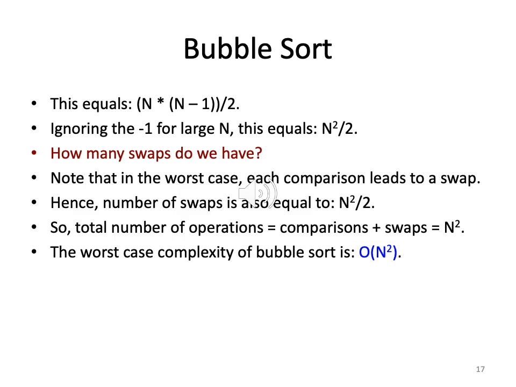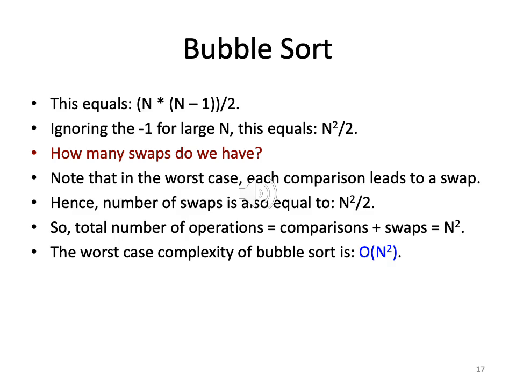Now note that the other operation was swap, because after a comparison, if you determine that the two compared elements are out of sequence, you've got to swap them. So now how many swaps do we have? Well, in the worst case, each and every comparison would lead to a swap. In the example that we considered here, this is not the worst case, because you see towards the end stages, they are already in sequence. If you see at the end of stage 3, you can see the whole array is sorted.